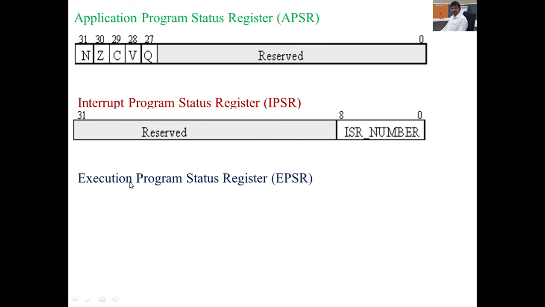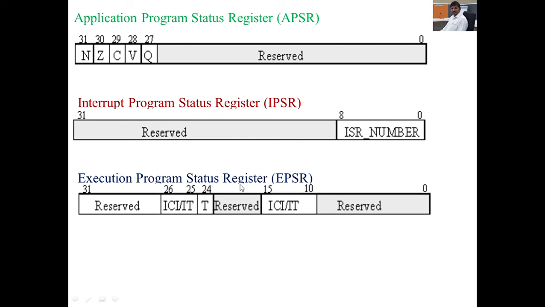Next, the execution program status register. In this, the first 0 to 9 bits are reserved. Next, bits 10 to 15 indicate the if-then instructions, the interruptible continuable instructions. Next, bits 16 to 23 are reserved. Bit 24 indicates the Thumb instruction set, so our program supports the Thumb instruction set.